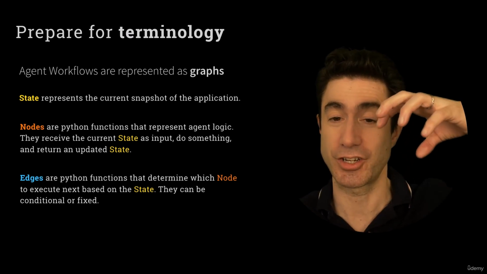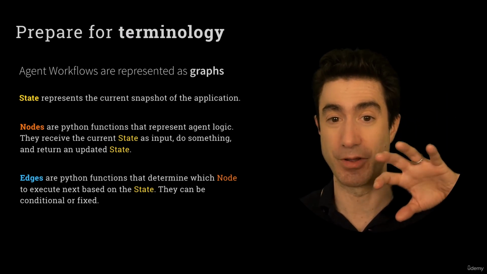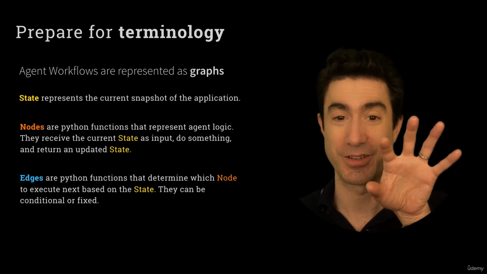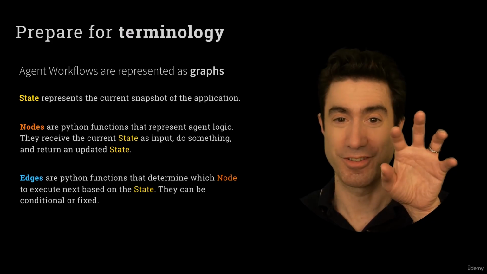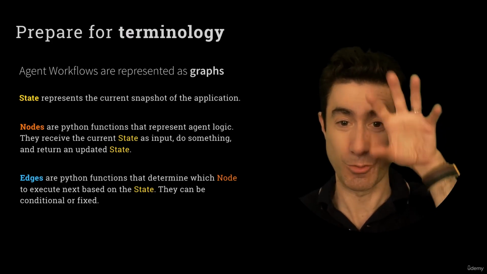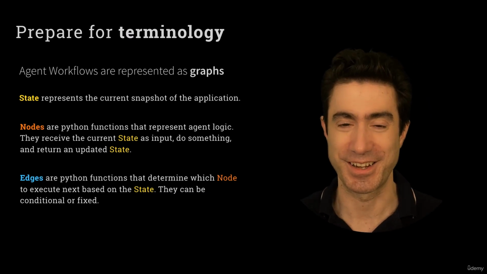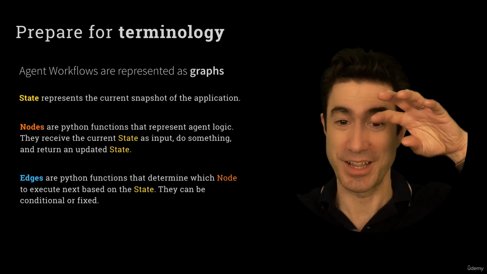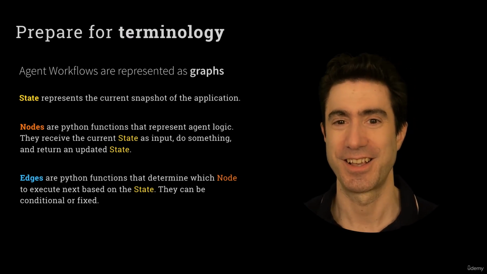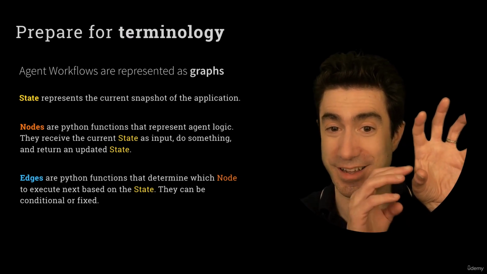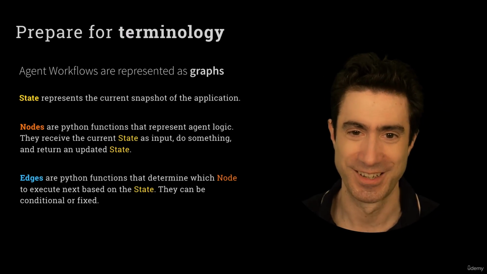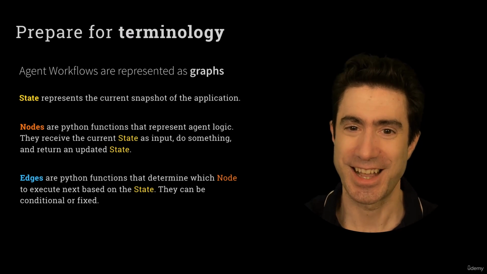Now, there are simple edge connections, which just means that is the next thing to happen. So if you have one node that is a Python function that prints hello to the output, and you have another node that prints goodbye and they're connected, then it will print hello and then it will print goodbye, and that's it. But you can have connections which are conditional, which depend on something happening. And in that case, that would mean that one operation would happen and then subject to the condition, maybe the other one would happen, maybe not. So that is an edge.